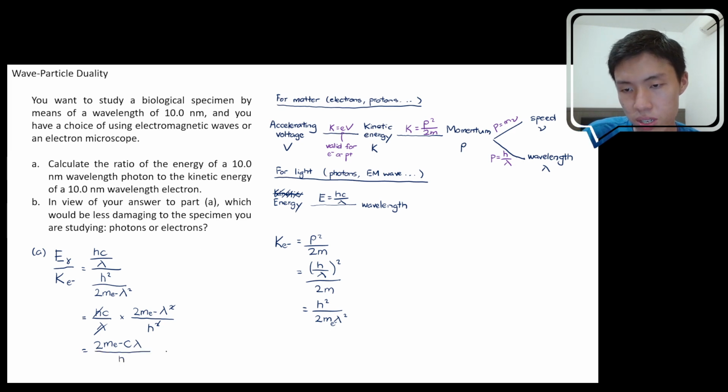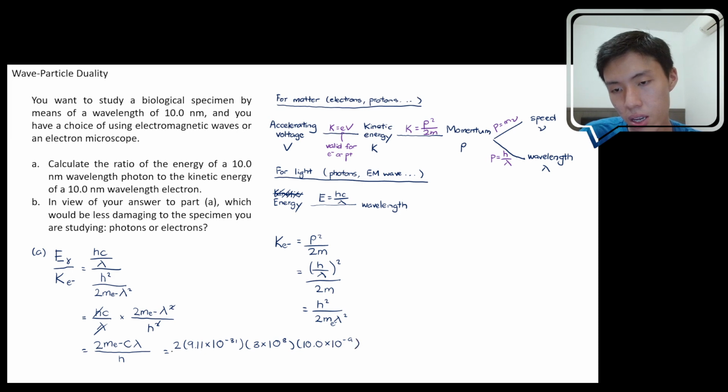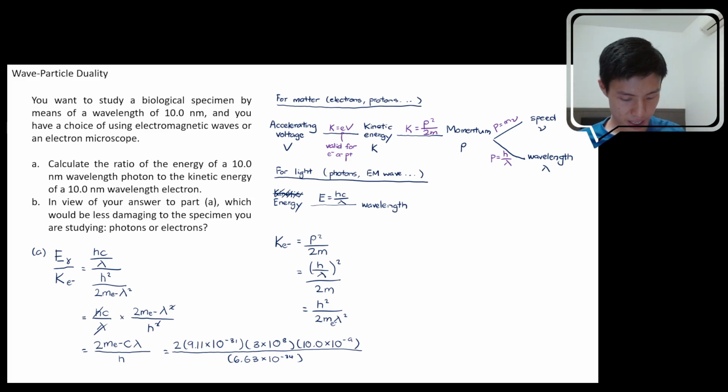Okay, proceed to substitution. 2 times 9.11 times 10 to the power negative 31. c is the speed of light, 3 times 10 to the power of 8. The wavelength that you use is 10 nanometers, so 10.0 times 10 to the power negative 9. Divide by the Planck constant. The Planck constant is 6.63 times 10 to the power negative 34. Okay, so if you substitute everything inside, I believe you get an answer of,